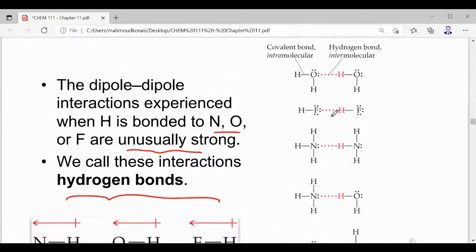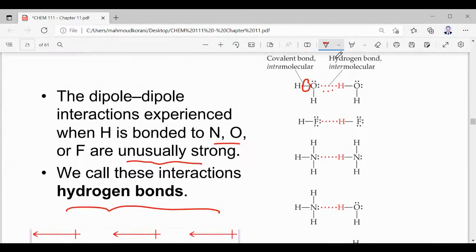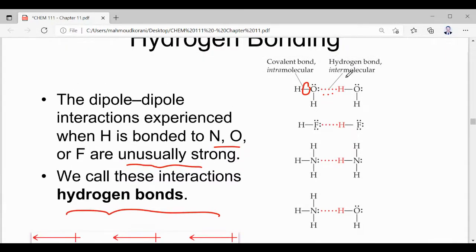Okay, if you look at that one, this is an intramolecular bond. It's a covalent bond between hydrogen and oxygen. And that one, the dotted red line, is the intermolecular force, which we call hydrogen bonding, okay? Which is formed between